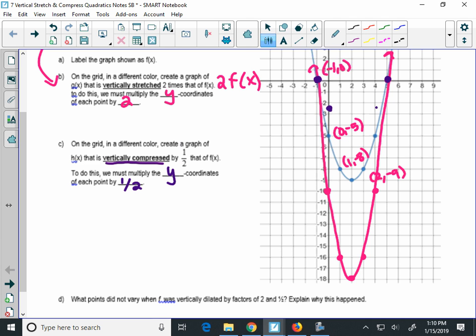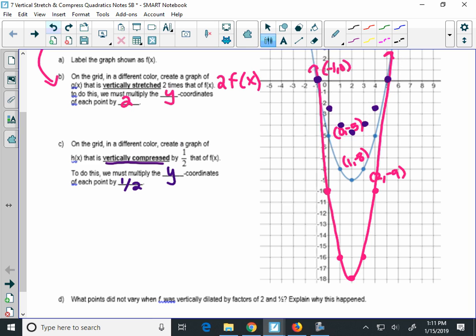I'm going to do the other side at the same time. All right. What if I get down to -8? Where does that go when I multiply by 1/2? -4. Okay. And -9 goes to -4.5. Now, when you connect those, once you make the picture,